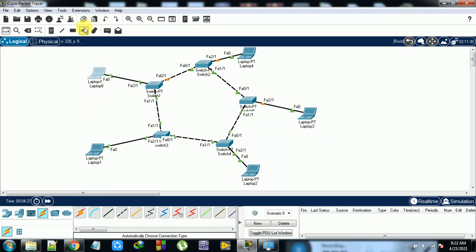Then for the next one I'm giving 192.168.1.10, copy and paste, Ctrl V, Ctrl V. Okay, done. So this is not required.